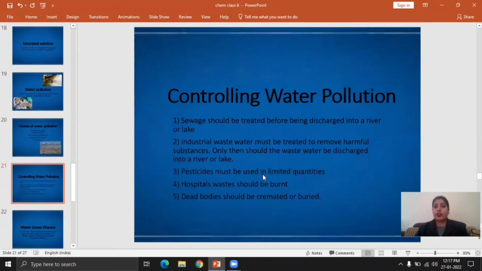Then, how can you control water pollution? So, the first one is sewage should be treated before being discharged into a river or a lake. Then, the second one is industrial wastewater must be treated to remove harmful substances. Only then the wastewater should be discharged into a river or a lake. Now, third point is we should use pesticides in limited quantities. Hospital waste we should try to burn, and dead bodies we should try to bury so that the water is